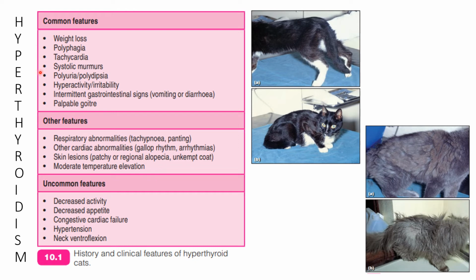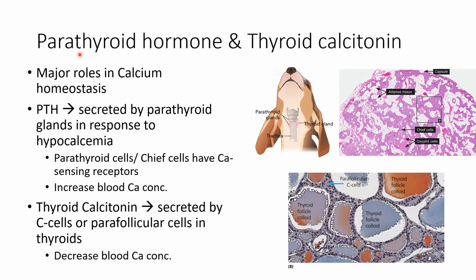Polyphagia, tachycardia, mga systolic murmurs, again PUPD, hyperactivity, irritability, and other functions. So goiter could be a reason here. And as you can see here, again, not much of alopecia, not much of endocrine alopecia, but rather still very bad condition of their coat, which is very evident for those that have hyperthyroidism. So next,